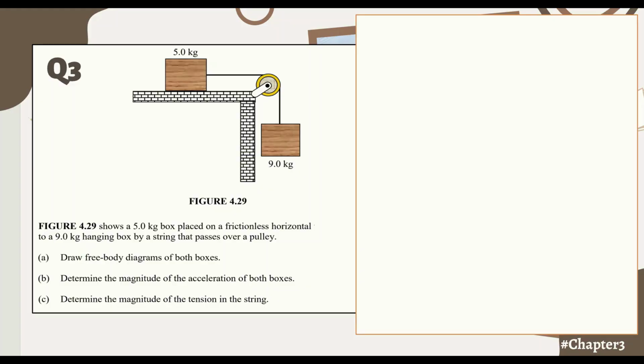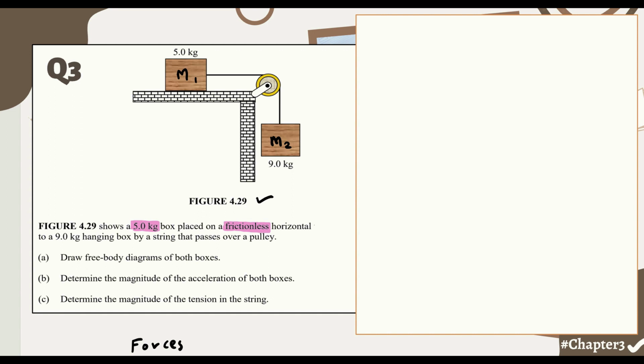Question number 3 is from chapter 3. Or to be specific, we focus on forces. This is our diagram, figure 4.29. We have mass number 1 here and also mass number 2. And the question is, figure 4.29 shows a 5 kilogram box placed on a frictionless